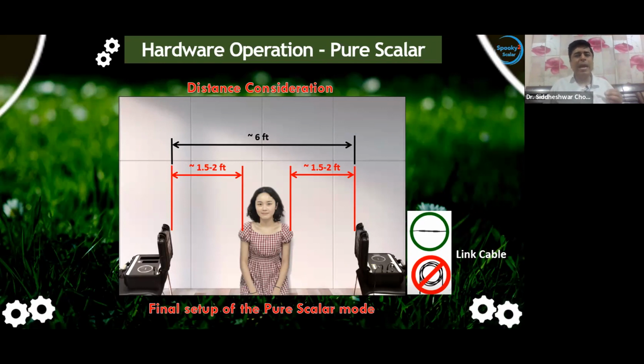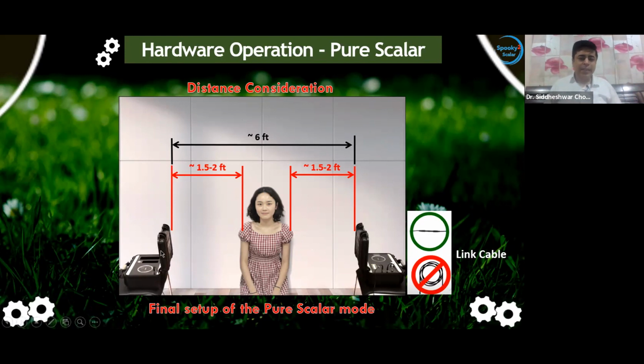So metal can shift the scalar tuning point little bit. Nothing much is going to happen. So be rest assured, you will still get the scalar tuning point, but the scalar tuning point can shift little bit because metal has absorbed some electromagnetic energy, not the scalar energy, the electromagnetic energy, which is getting used to generate the scalar energy. So there is a difference here. Okay. So try to keep it as straight as possible,